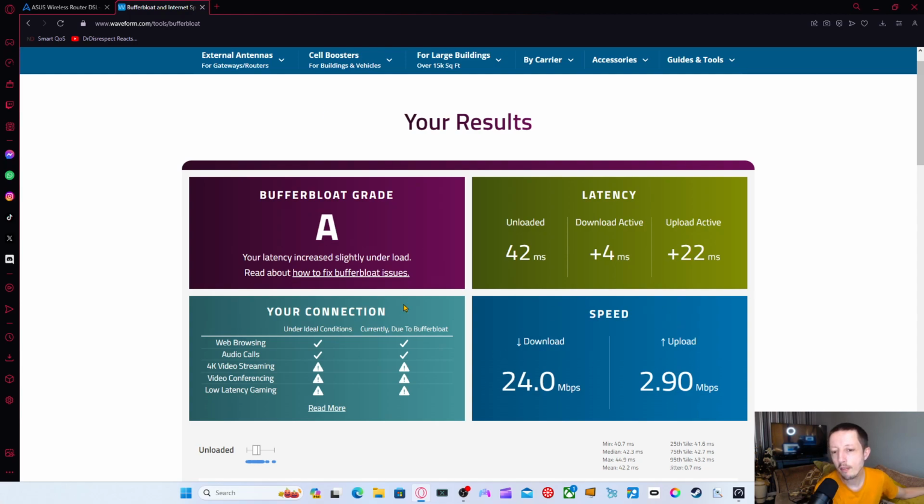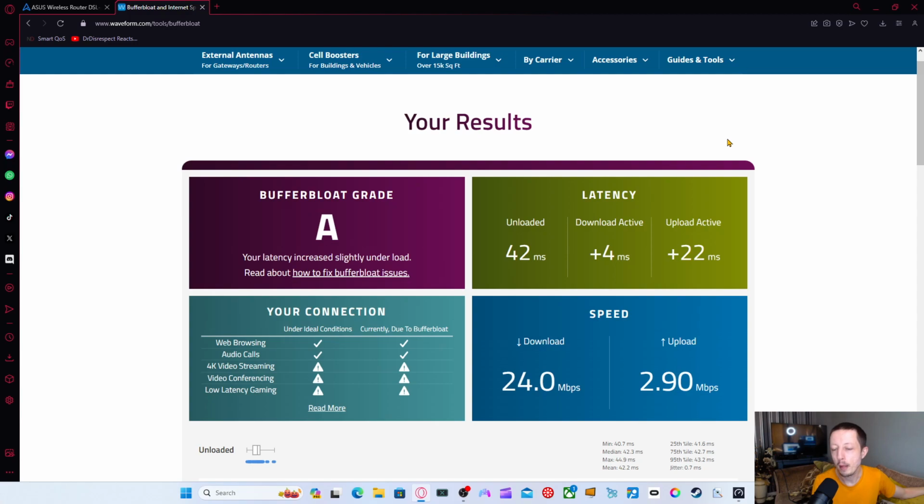This is a good test for those that have a QoS system on your router and you don't know if it's any good. You're like, is this QoS actually doing anything? Is this QoS actually helping? This is a good test to kind of test it out, because what you can do is run your QoS test on here, and then it will obviously show you where your connection is at and you need to tweak